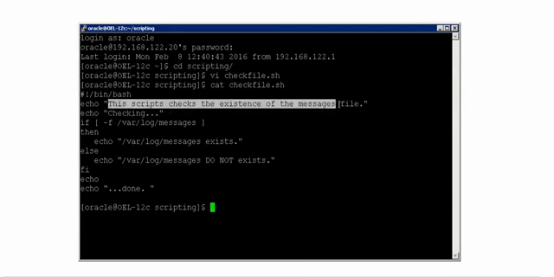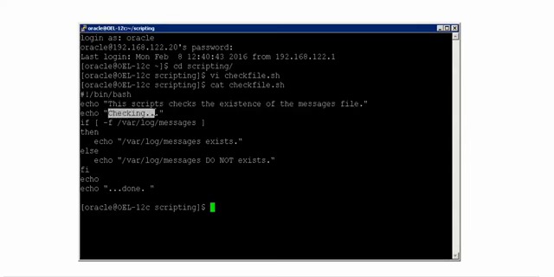This script checks the existence of the messages file. And also I'm telling that it is about to check now. In the if clause, I have just passed -f. Please remember, if followed by some space, then square braces followed by space, and then expression followed by space, and then close the braces. This is very, very important. If you don't give spaces for the braces, it doesn't actually work.